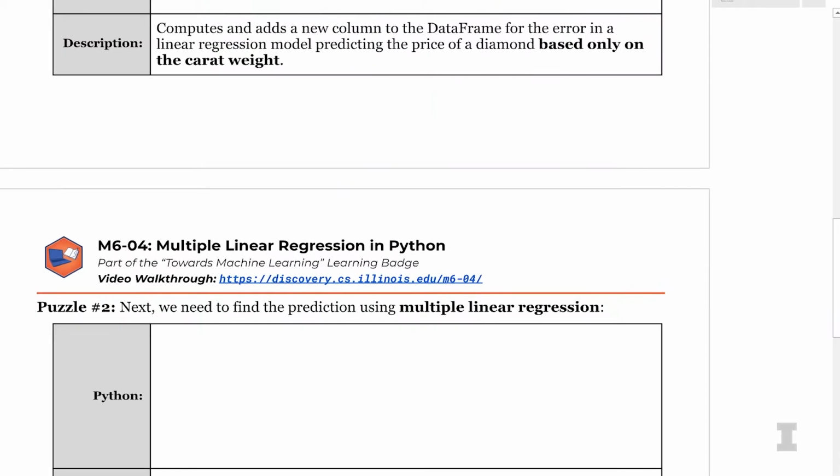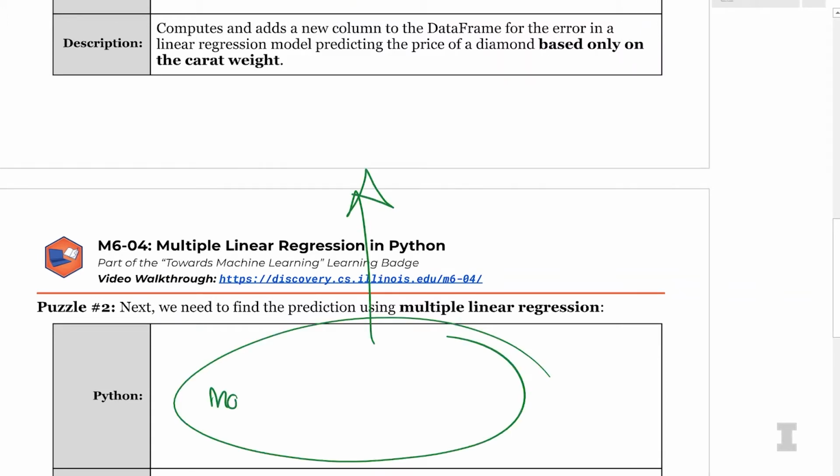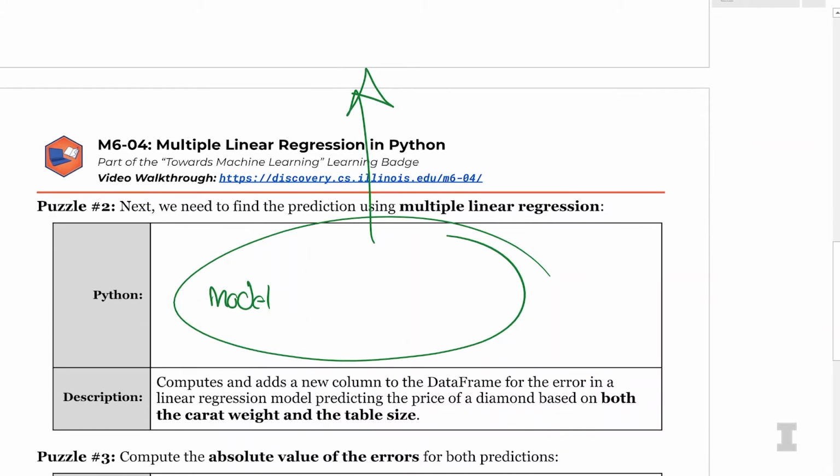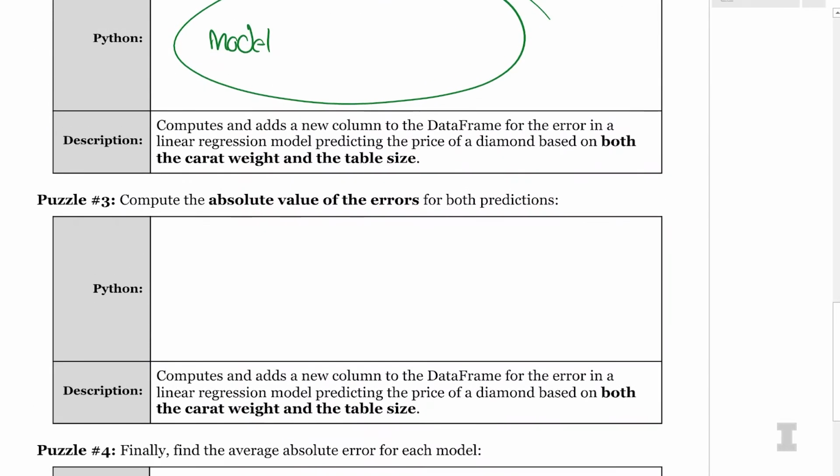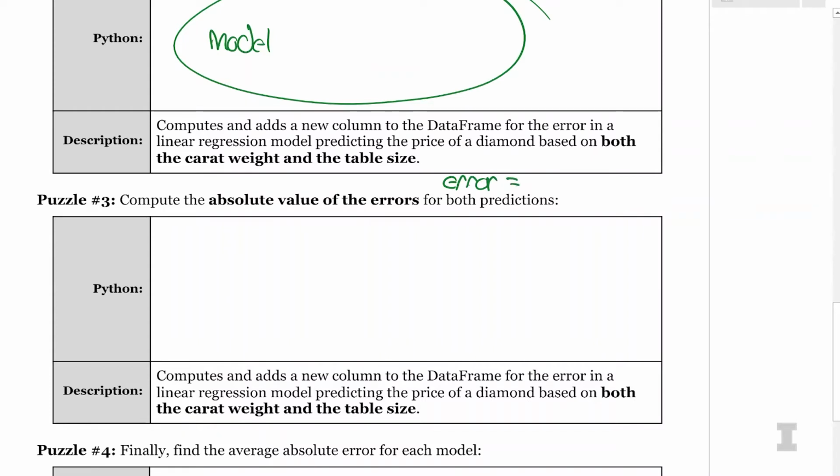Awesome. So we also found the prediction using multiple linear regression. We've already done that up here. Carly added in model earlier, so the model variable contains our multiple linear regression. And then I want to calculate the absolute value of errors in both simple model and model. Okay. So I want to calculate all of the errors. Carly, you always say the error is equal to the actual minus predicted. Actual minus prediction. So the first thing we need to do is use the models to create a predicted price for the various different diamonds.